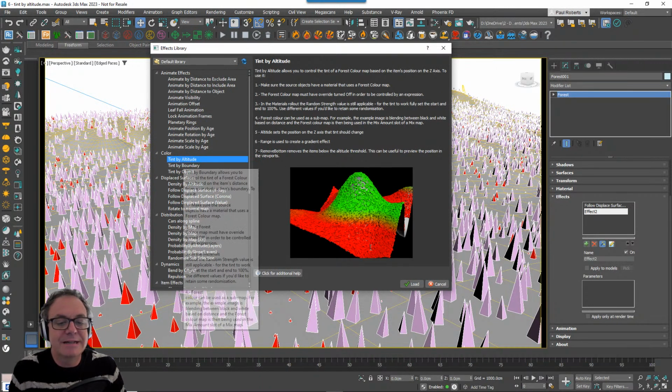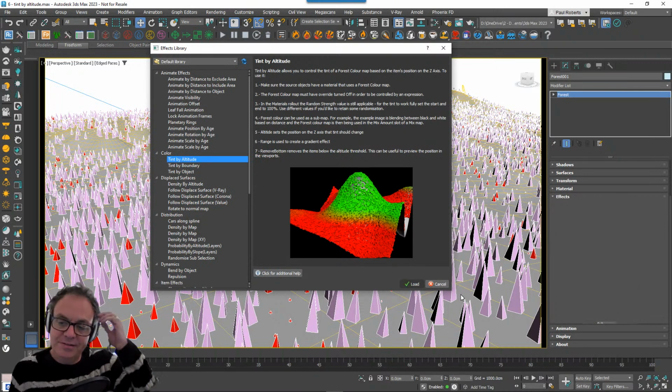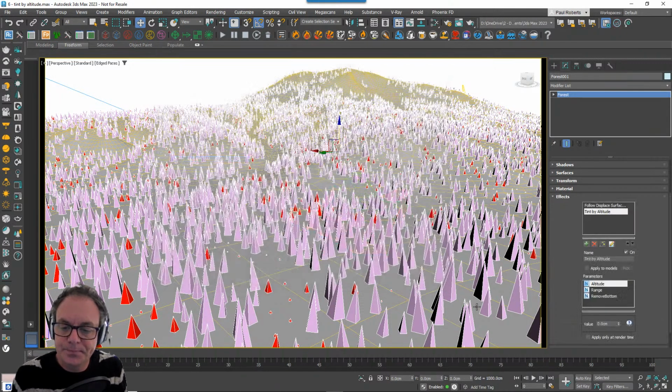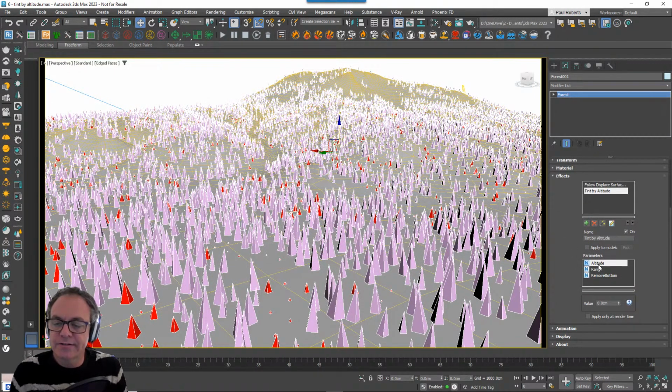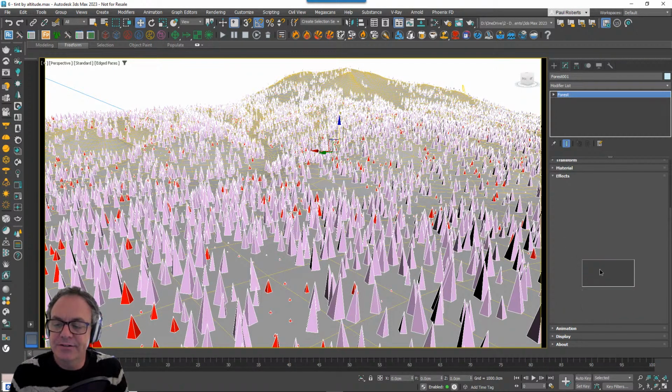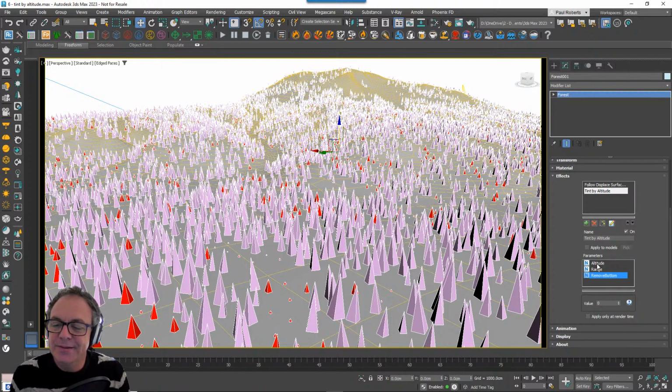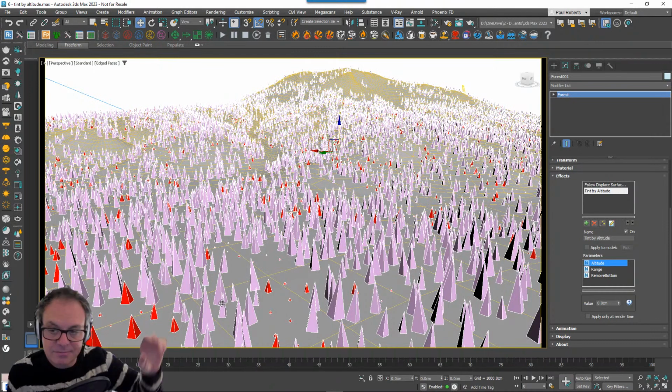So we just click that and load it up. It doesn't have too many settings, you'll be glad to know. First of all, it's got an altitude, a range, and a remove bottom option. So the altitude is the point at which you want the texture to change. It's a simple measurement from the forest pack object upwards.